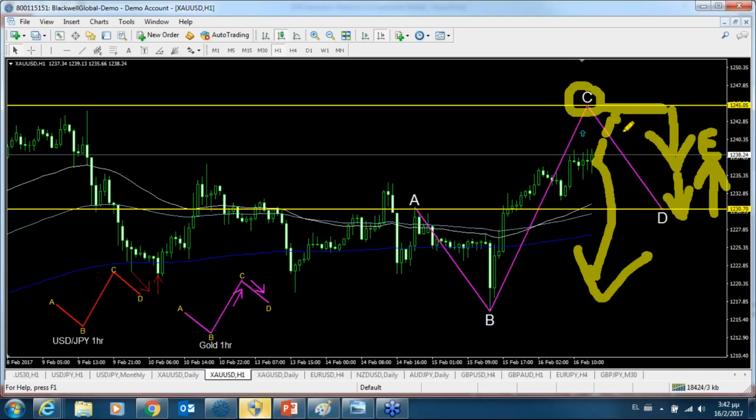But at this moment of time, the C to D is just not existing for me as yet, because I would need to wait till price goes upwards, touches the area of 1245, finds a bit of resistance there, and then is pushed downwards. Then I'll take that trade on the sell side to enter under 1245. Maybe I'll wait until it is about $10 less than the 1250 psychological price. So 1250 psychological price, let's say I ignore the last two digits, and then $10 and below,